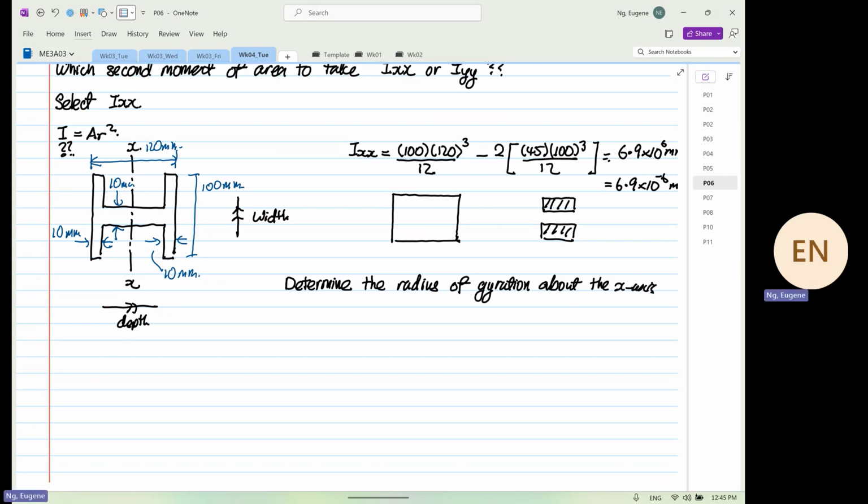So from here, we know that Rx is equal to the square root of Ix over A. Okay. So our cross-sectional area,